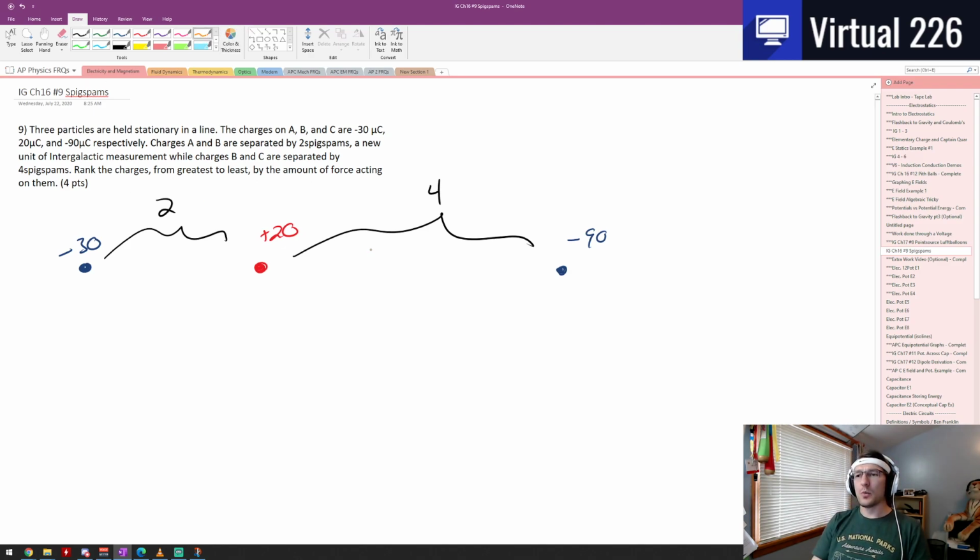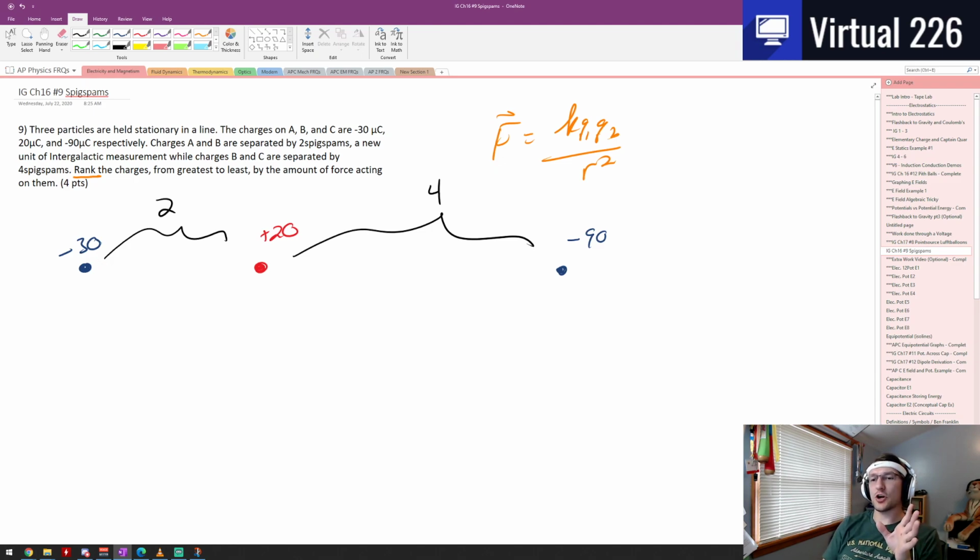So when we look at a problem like this, first we are ranking. So while we might want to immediately pull out Coulomb's law, which is F equals KQ over R squared, we don't actually have to do that, especially in this case here. Let's do this. Let's think about this for a second. If we were looking at this,